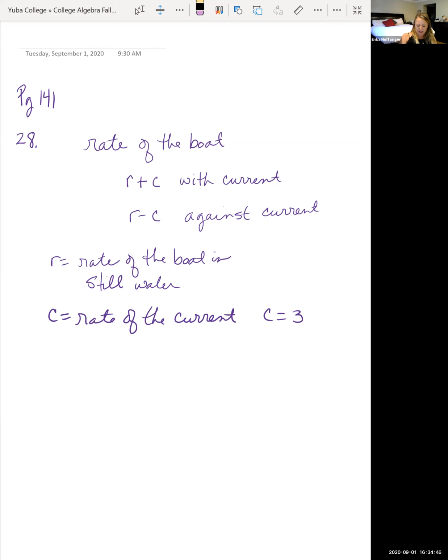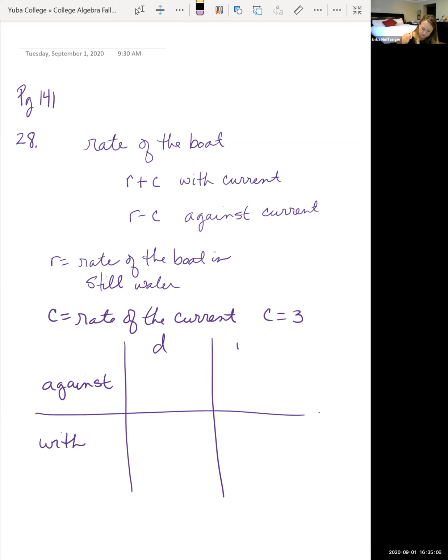A lot of times I like charts. And so we're going against and with the current. We know there's formula distance equals rate times time. And it tells us that when they were going upstream against the current,